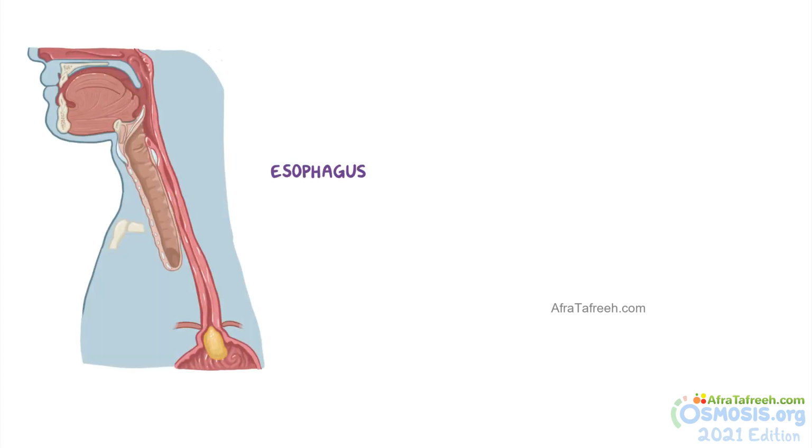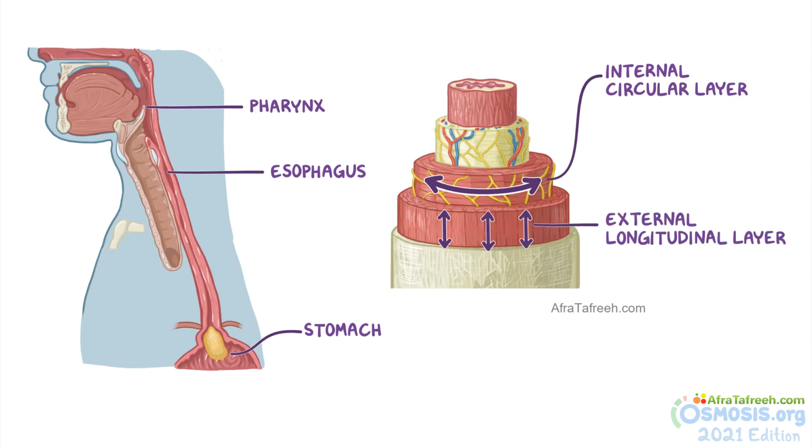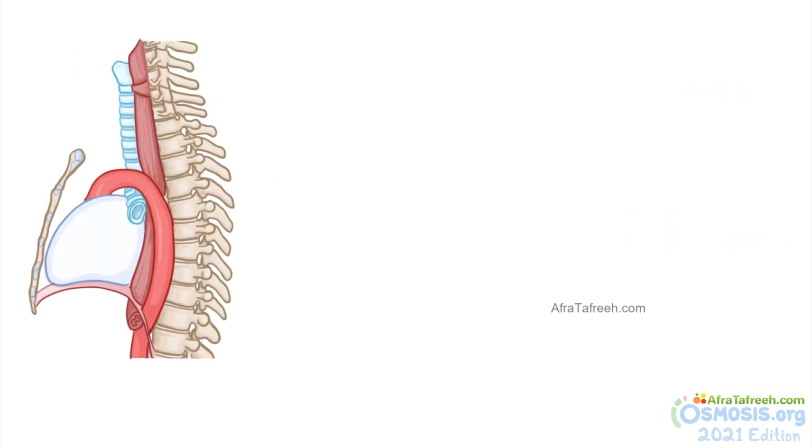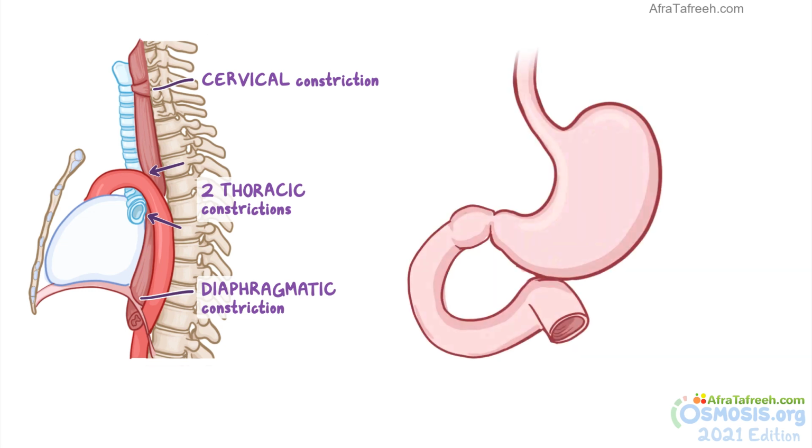The esophagus is a muscular tube that carries food from the pharynx to the stomach. It has two layers of muscles, an internal circular layer and an external longitudinal layer. The esophagus has 4 anatomical constrictions where food is more likely to become stuck: 1 cervical constriction, 2 thoracic constrictions, and 1 diaphragmatic constriction. The stomach is an important part of the digestive tract, located between the esophagus and the